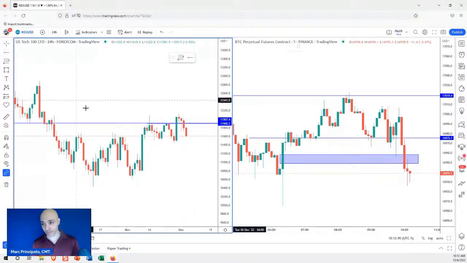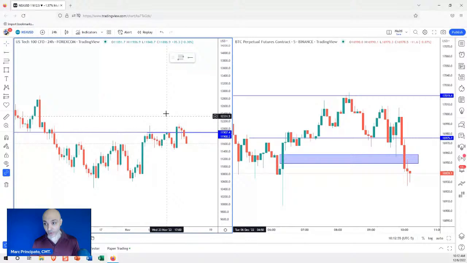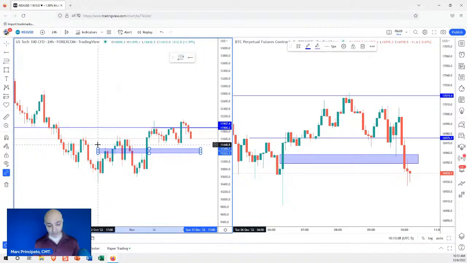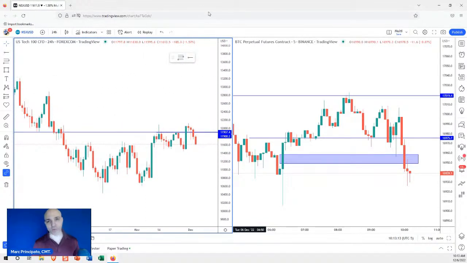We have a minor support coming here, but I'm not a big fan of that level. So this is really the area I'm more interested in. And it's possible that we test that. I would be a little surprised if we test that soon because, again, this is generally an optimistic time of year. So this pullback, I would not be surprised to see if it finds buying activity somewhere around that midpoint, because again, people want to be happy, and they like all this holiday euphoria nonsense. And I think that finds its way into the markets.